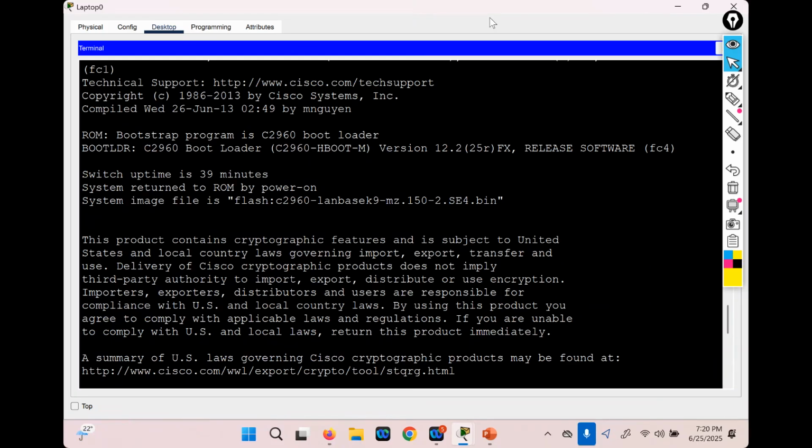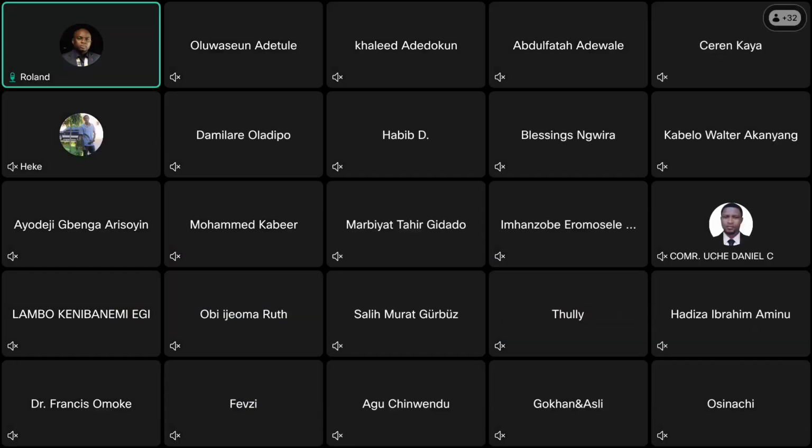So I'm going to send the Packet Tracer into the group after the class. You install the Packet Tracer. Just double click it. And please, when you want to